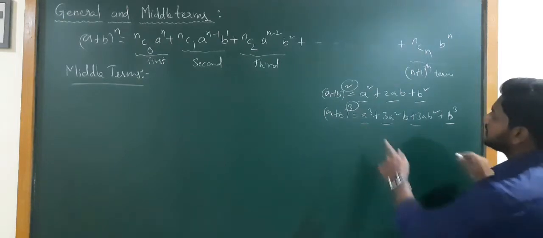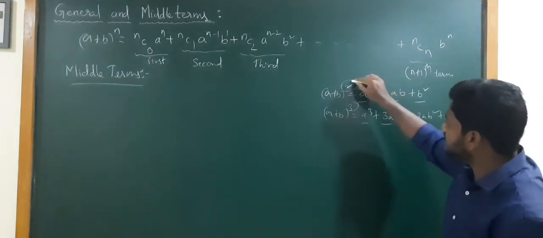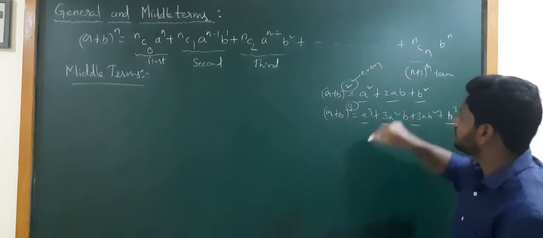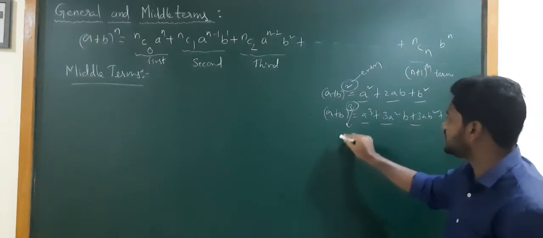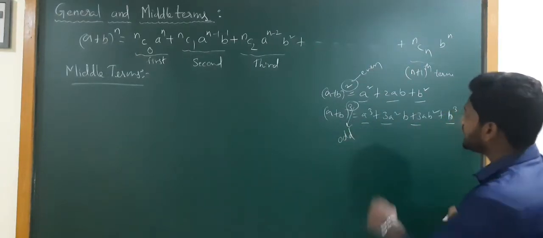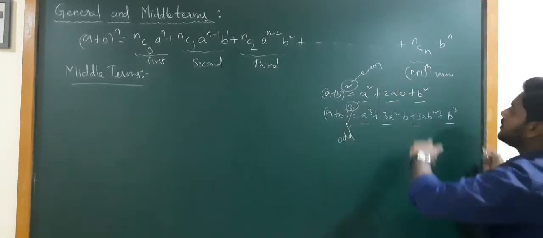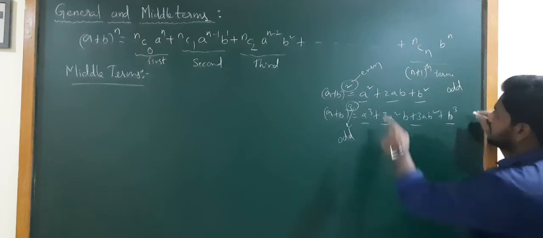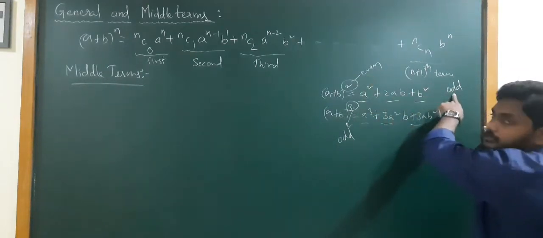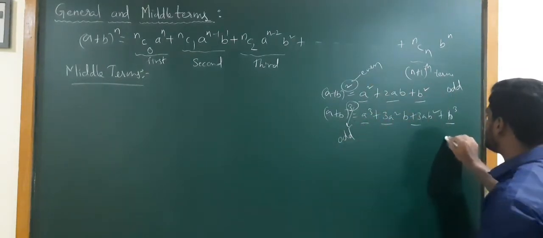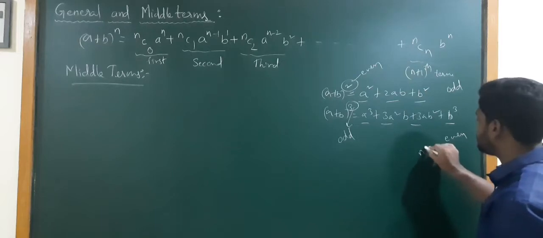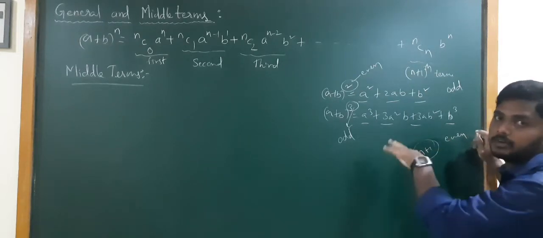But if you observe here, in this first formula the index is 2, nothing but an even number. In this second formula, the index is odd. As the index is even, we got the number of terms as odd. Index even means the number of terms will be odd. If the index is odd, the number of terms will be even. Nothing but n plus 1 is the formula to find the number of terms.